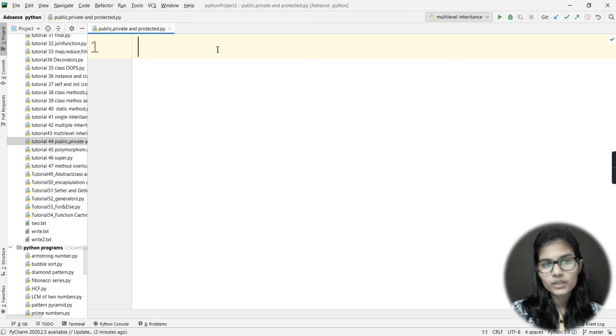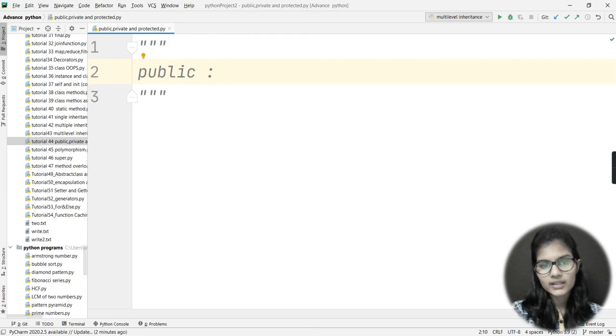So basically today we are going to see three types of variables: public, protected and private. We are also going to see how to access these using classes. So what I would do here for a while is put three semicolons, and inside this I would first let you know what I actually mean by public.